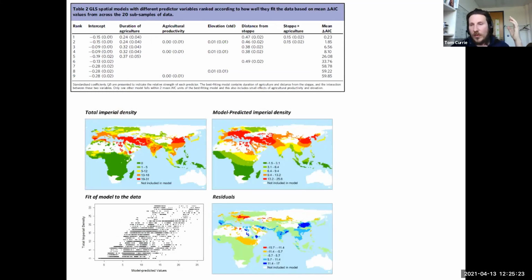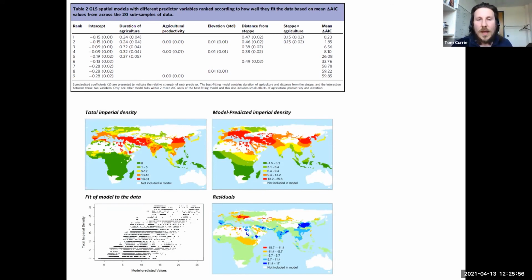And we performed a number of different statistical analyses to test different ideas, different combinations of parameters. The key take-home message is that those two variables, duration of agriculture and distance from the steppe, were the best fitting explanations. And there's also an interaction between those two. So areas that have had agriculture for longer and that have experienced warfare have even more large scale